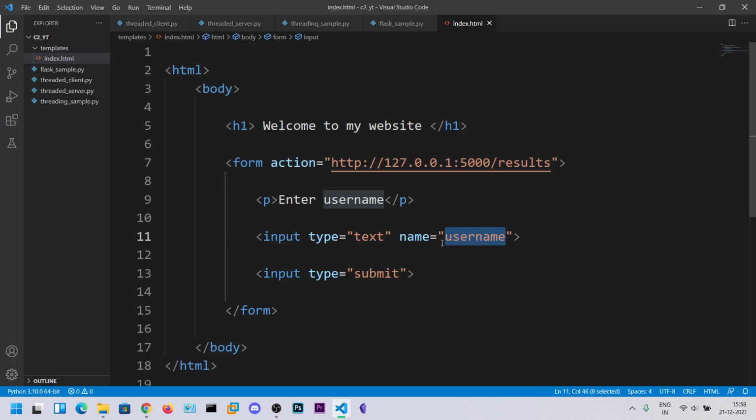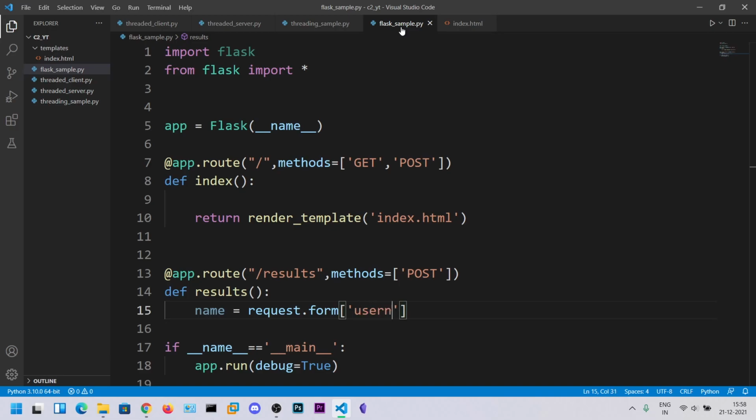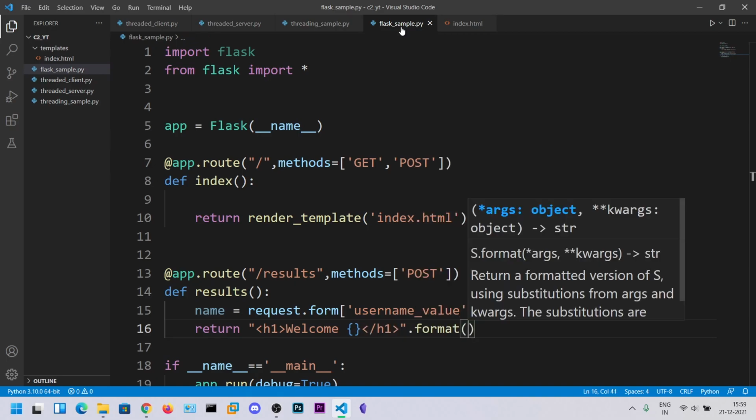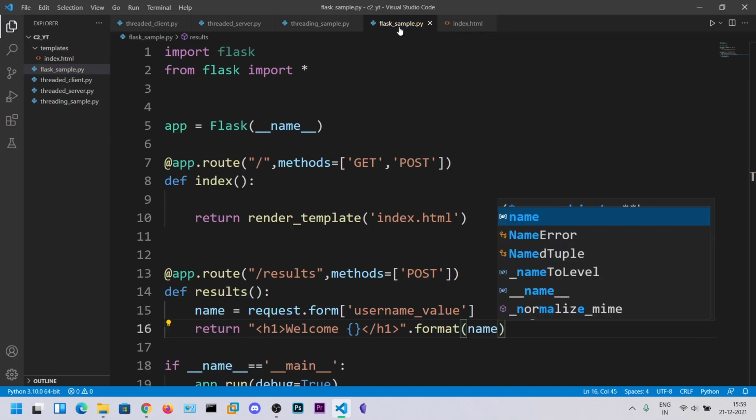If you are confused about this name username, you can give some unique value like username12, or username_value. Now I can just say return welcome, and that username. We need to add this format of name. So I think that should do it.